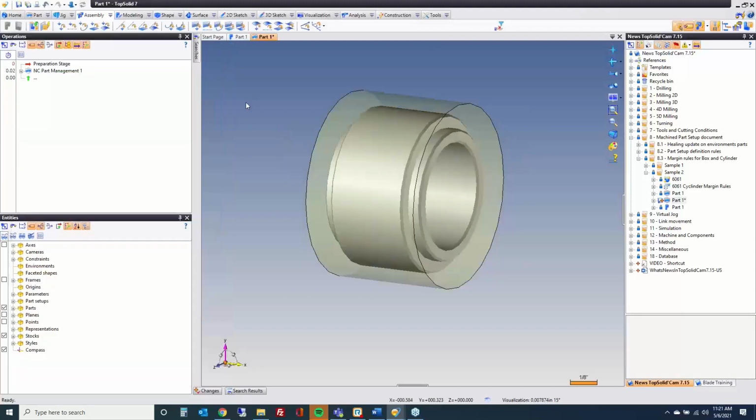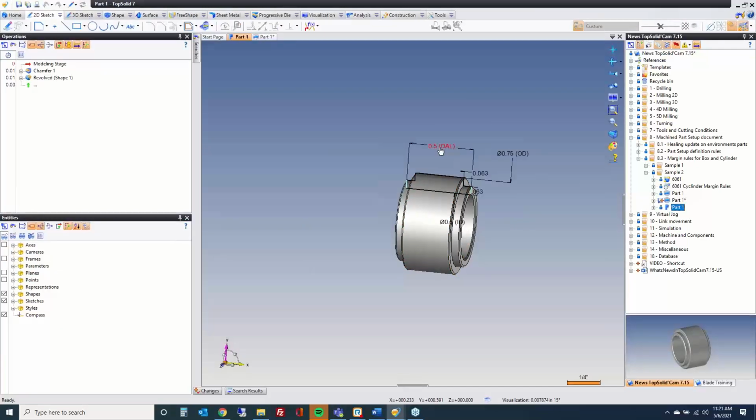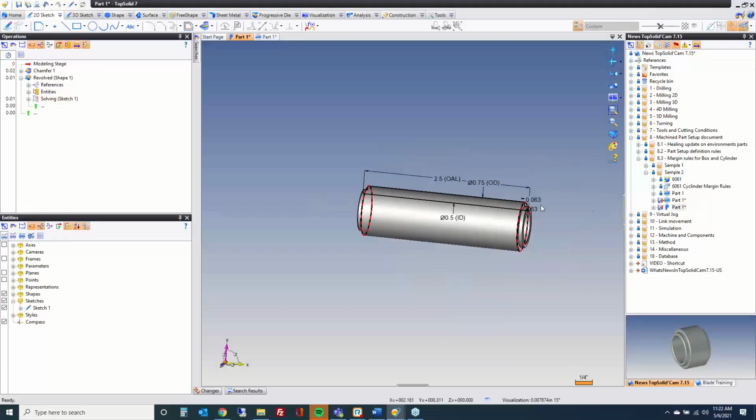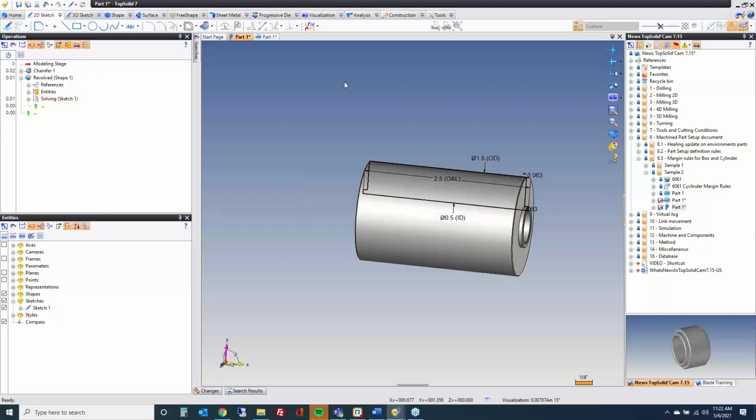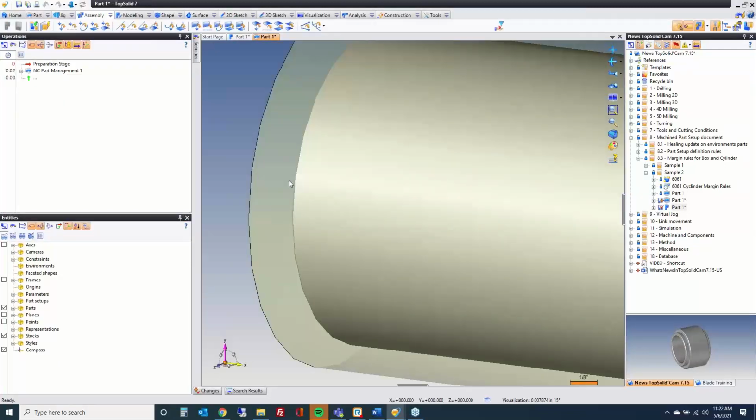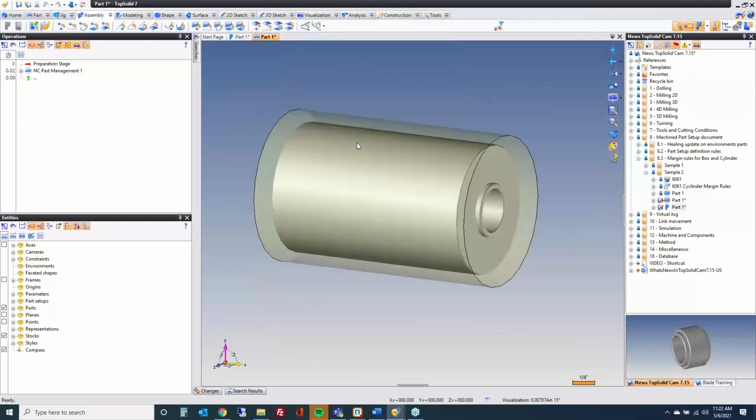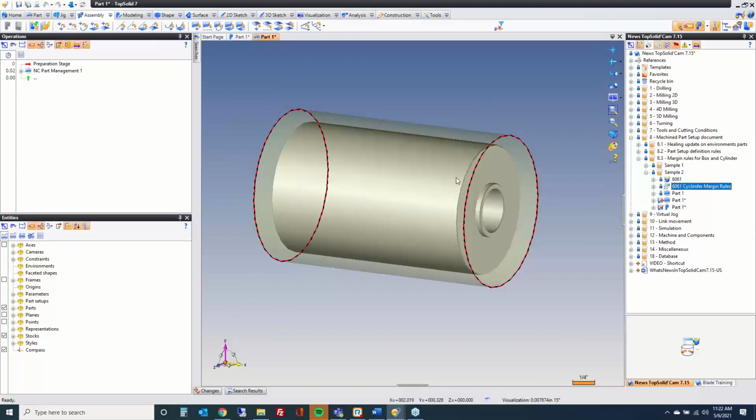Okay. If we go and make a change to this, for example, I make this 2.5 inches, and I make my diameter 1.5 inches. This updates according to my rules. And now let's go look at what my rules are. So if I go open the rules document,